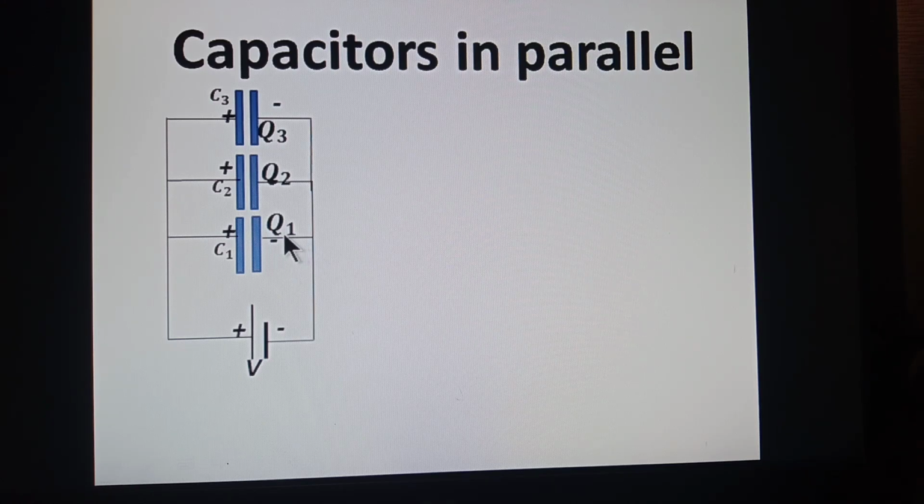Let Q1, Q2 and Q3 be the charges on these capacitors. Then the total charge on the circuit will be equal to the sum of all these charges on these capacitors. That is, Q for total charge is equal to the charge on the first capacitor plus the charge on the second plus the charge on the third. Now students, from the equation of a capacitor that relates voltage, charge and capacitance, we know Q equals CV,